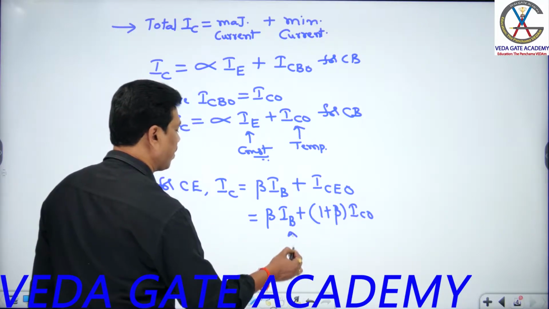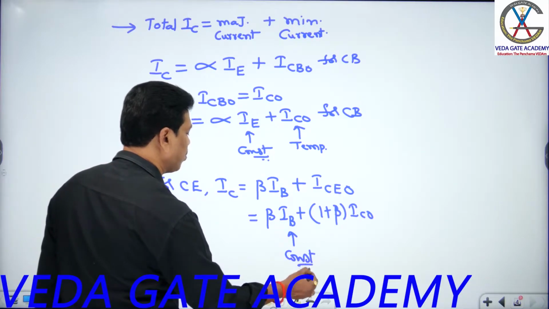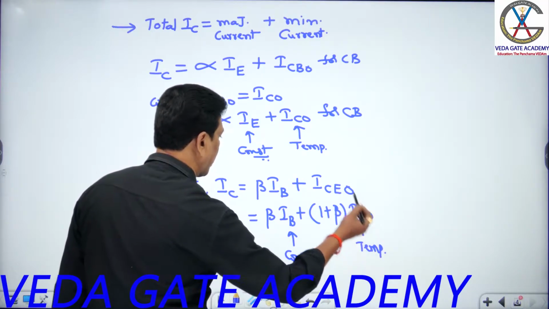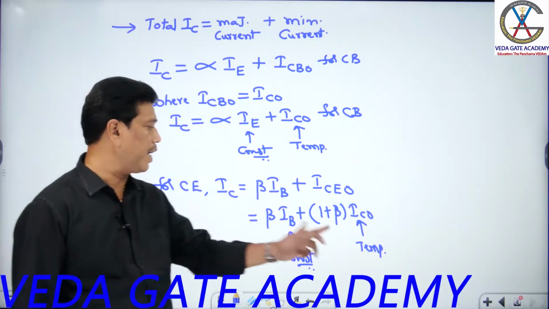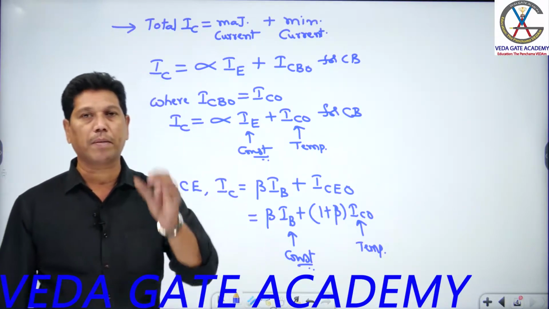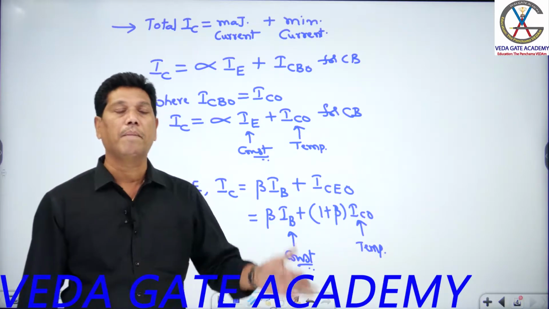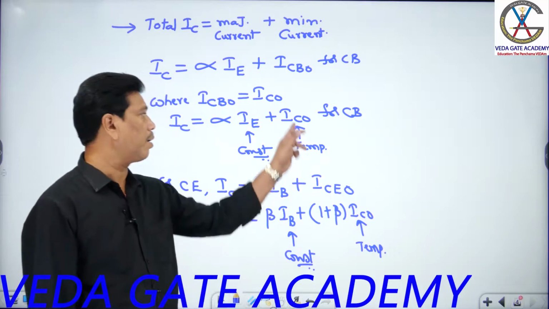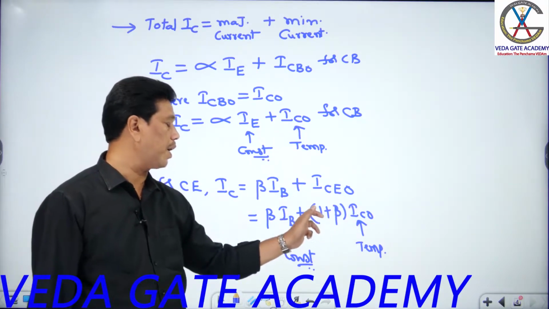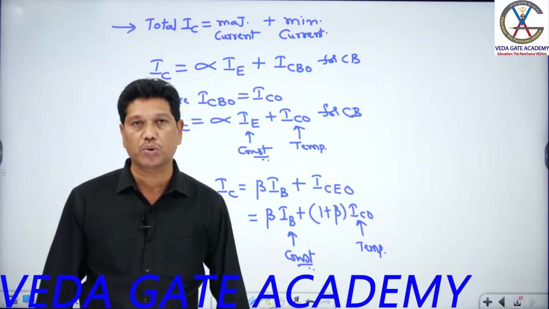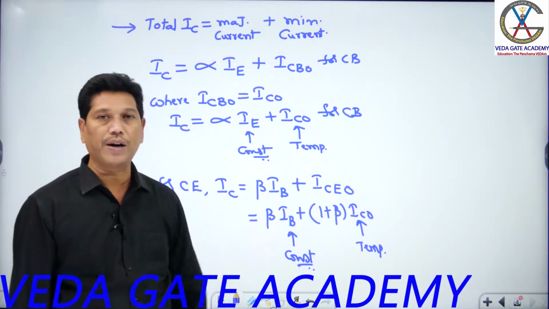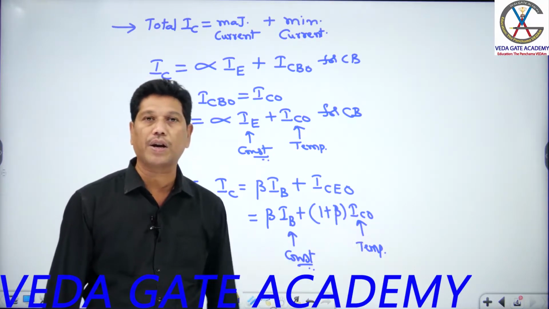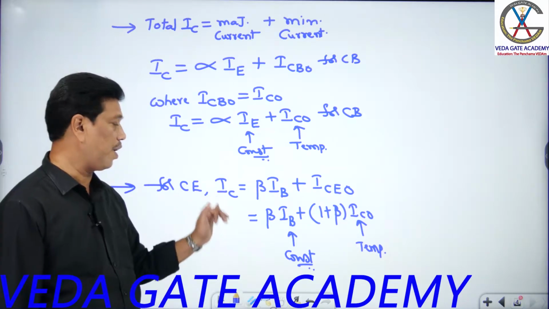Keeping input current constant, what do you say about the common emitter circuit, sir? The change in IC naught due to temperature is small originally, because IC naught is of the order of micro or nanoampere. For every 10 degrees centigrade it doubles, but even if it doubles, that is not a problem because the order is small. But in the CE transistor, the main drawback is the multiplying factor. Here the minority current is 1 plus beta times IC naught, and beta is a large value, 50 to 500, so for a small change in temperature there is a large change in minority current, such that the total current varies.